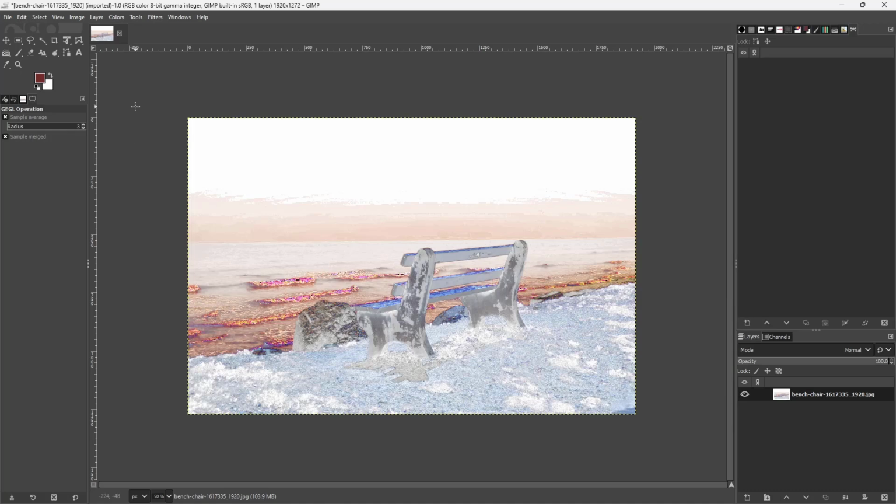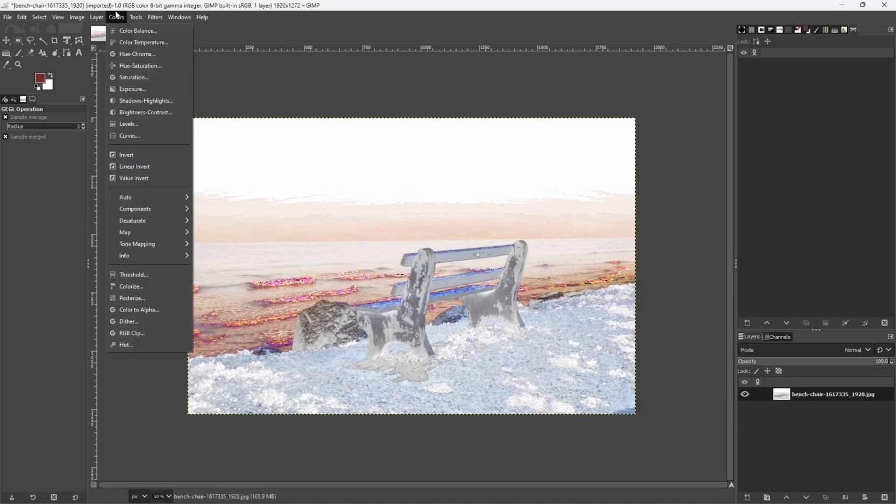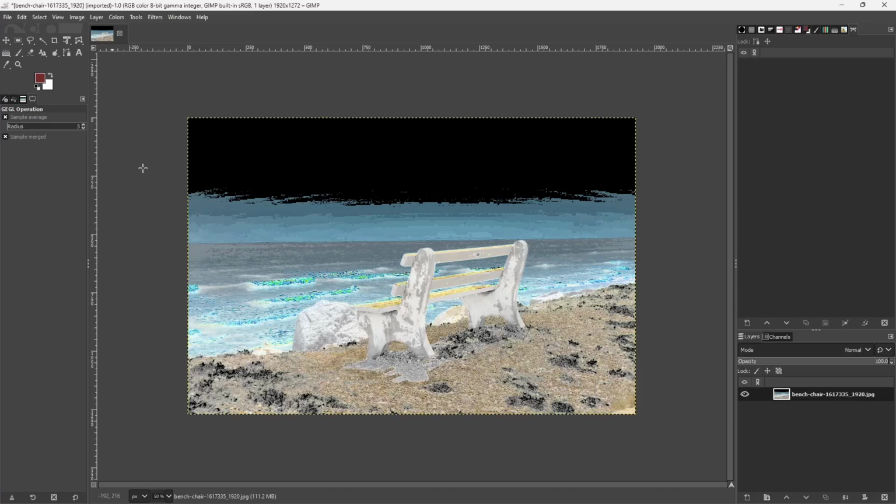So that is how you can invert the colors of the images in different ways as you like. So I hope you guys learned something